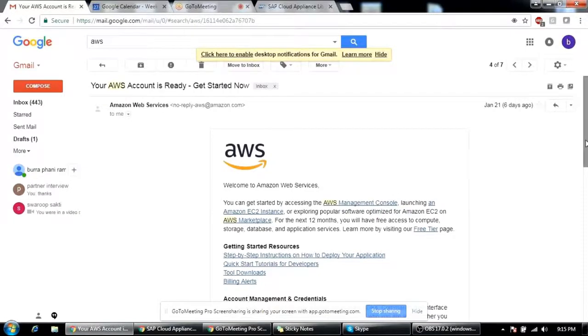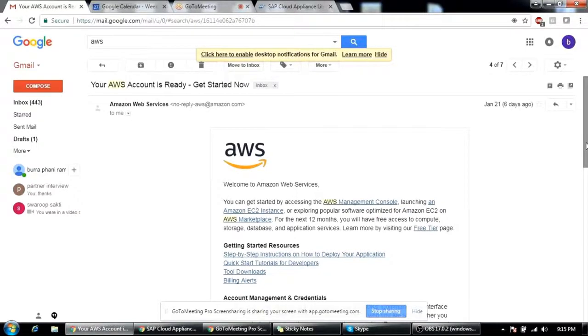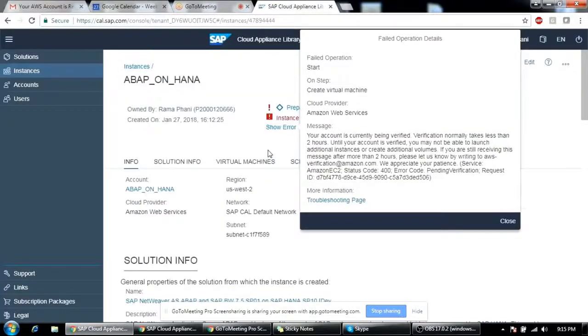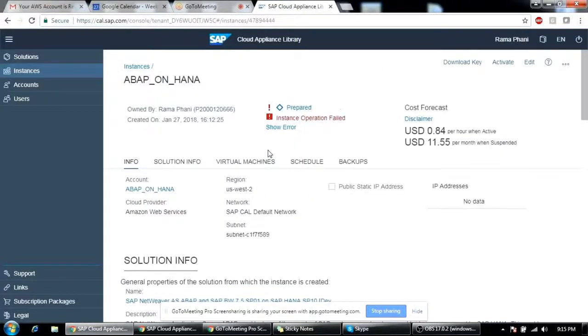Then why is it saying your account is in verification state? Go back, please. Let's have a look at the error. This is the first time I'm seeing this in the CAL. Usually I don't see such issues. Okay, please open that again. Your account is currently being